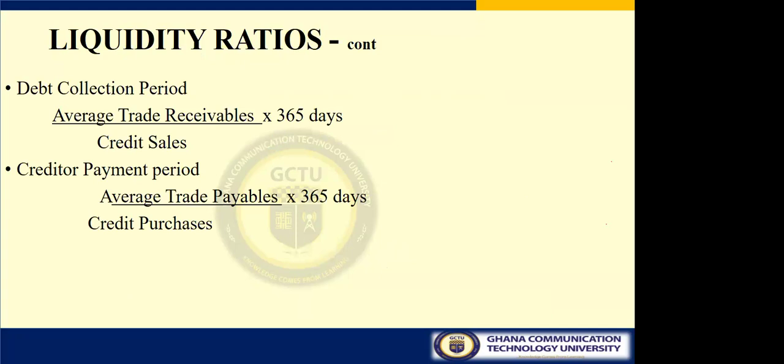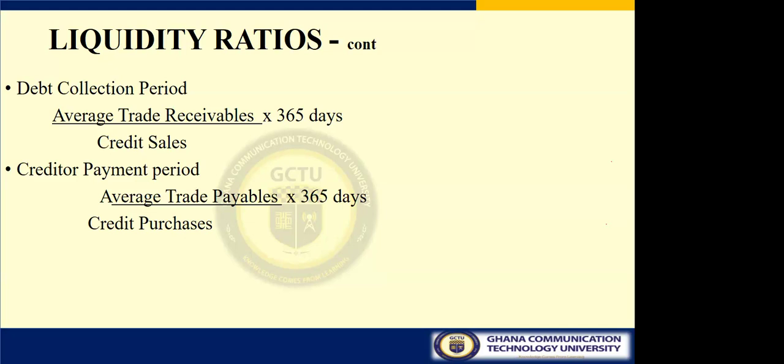Then we can also look at the debt collection period. When you collect money from your debtors, the money comes to you as cash. So if you know that within 2 days you are going to collect this money, it means the money is yours. It means you have liquid money to pay for short-term debt. So the formula is average trade receivables